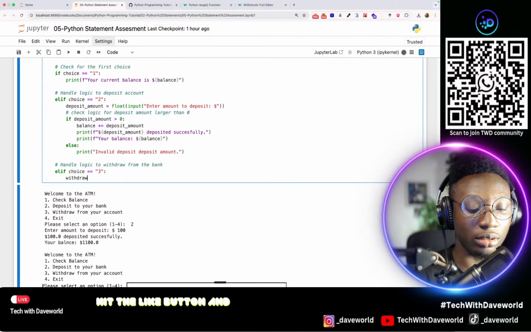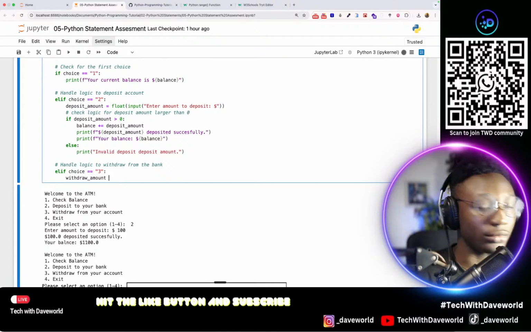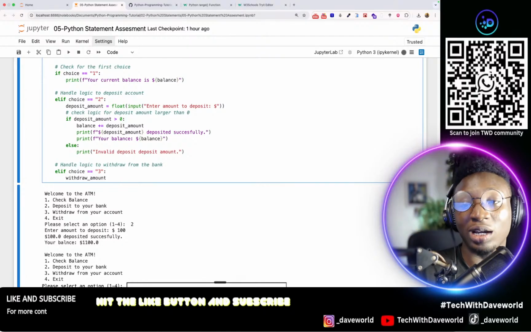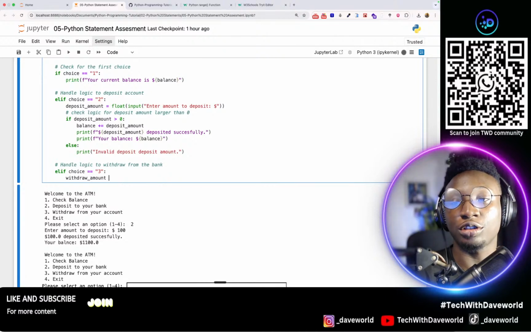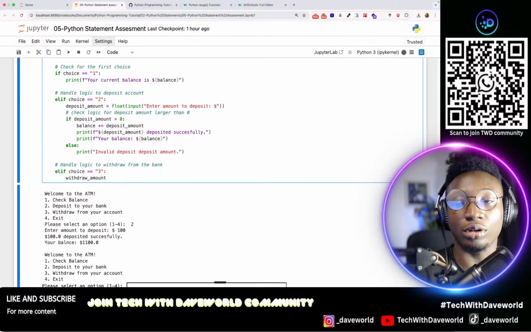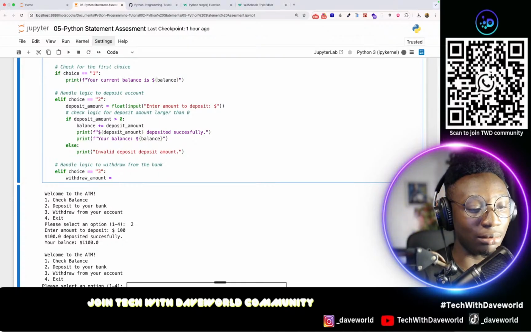Say withdraw_amount, right? So guys, we might actually spend more than 1 hour here. I'm just trying to make sure that you guys understand what I'm doing right here. So I'm going to say withdraw_amount to be equals to